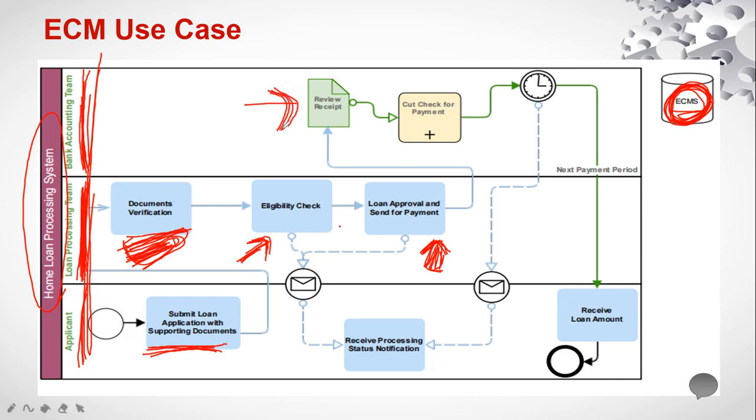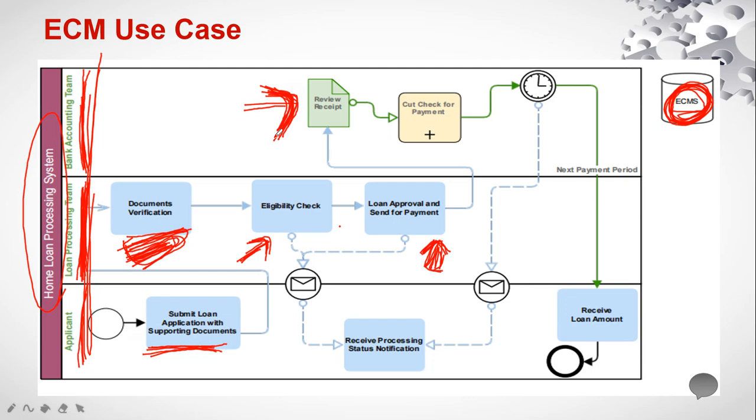activity. In this activity, the accounting team will review the receipt generated by the loan approval team, and once they have reviewed the document, they will send it for payment. In a bank, normally some banking payment scheduler is scheduled to run batches, like NEFT is running now. Daily twice or thrice they will process this home loan credit money credit activity. Those kinds of things they will be doing.